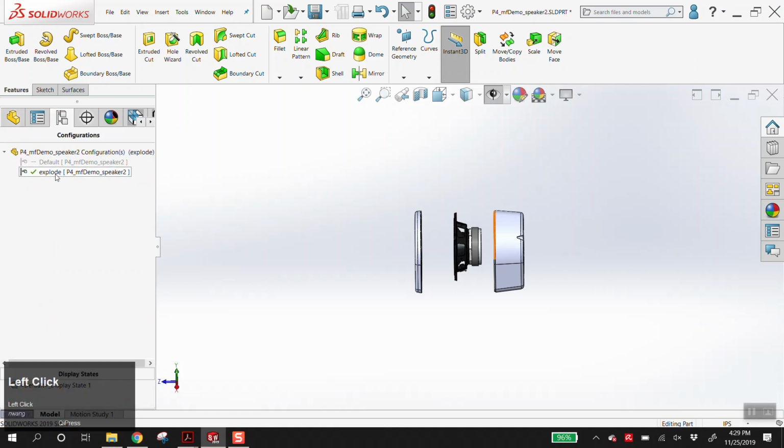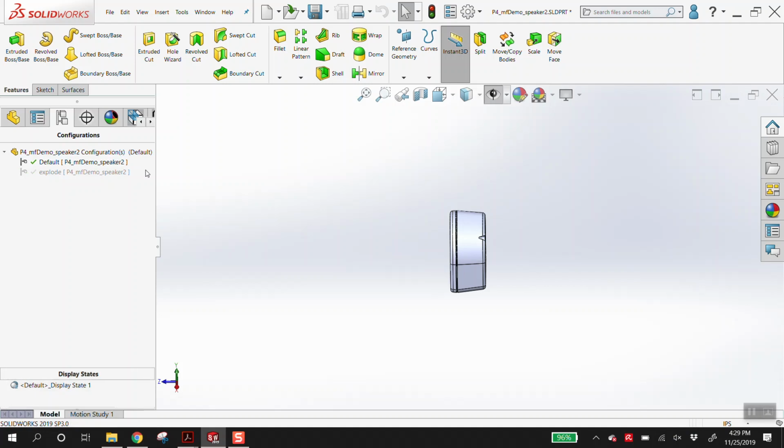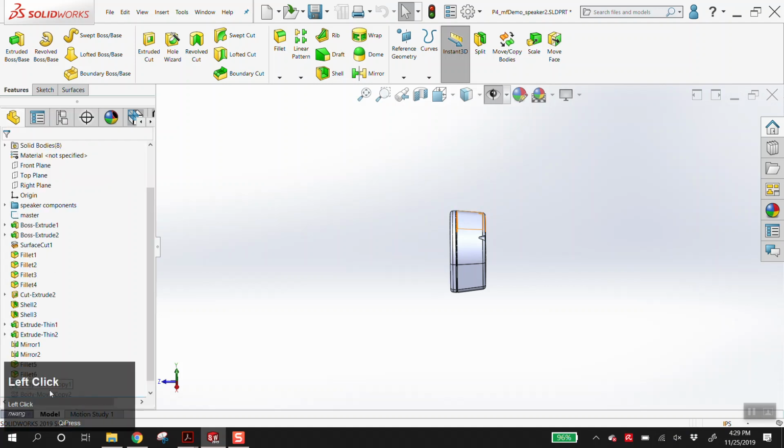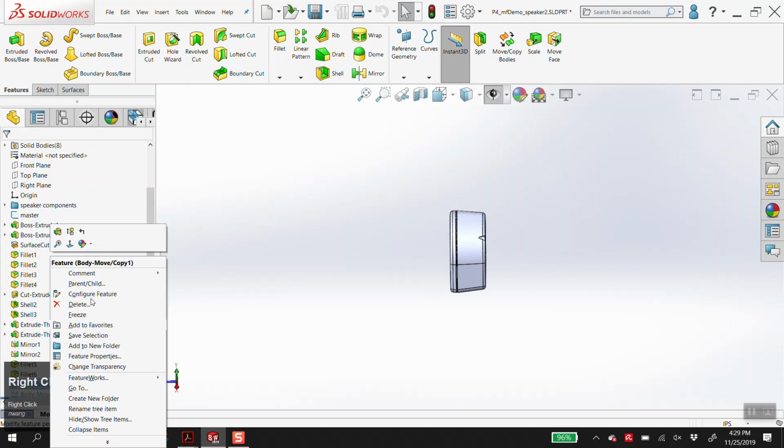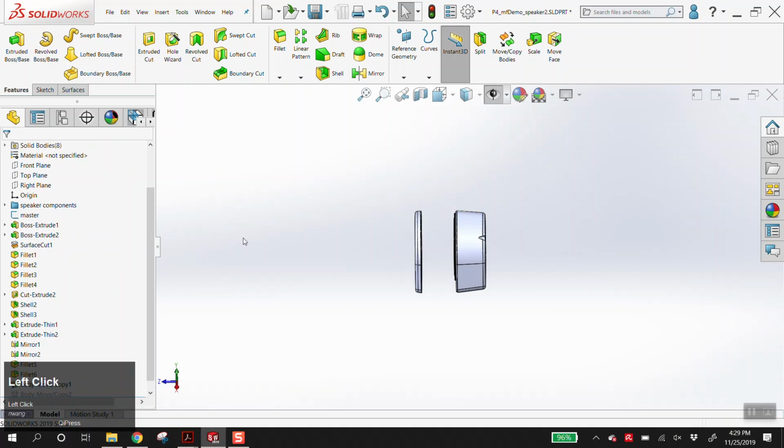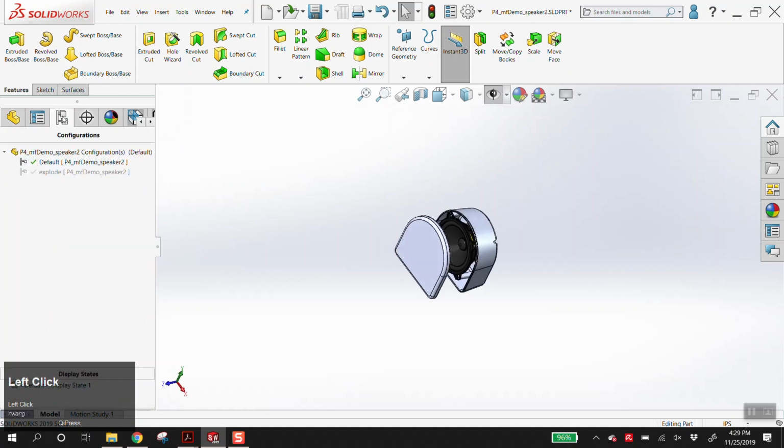Because I added it in this new configuration, it's not in the original. Now that said, I could, for example, come here and unsuppress one of these, and it will remember that that's unsuppressed. So again, the simplest way to state a configuration is it remembers suppressions and unsuppressions. It's a snapshot of your tree. This can be useful sometimes when you have